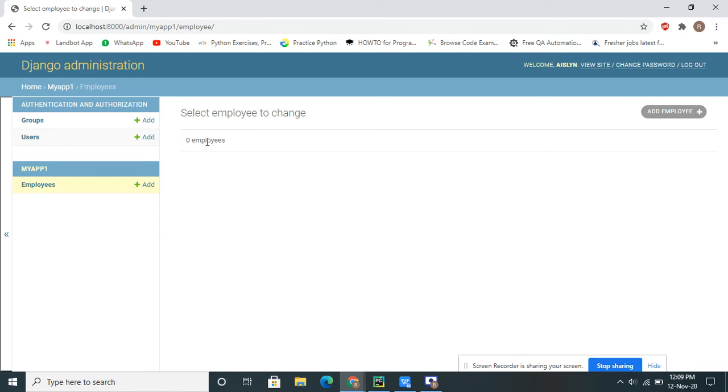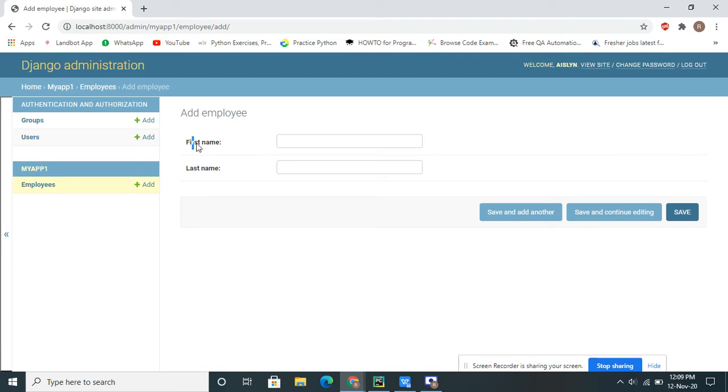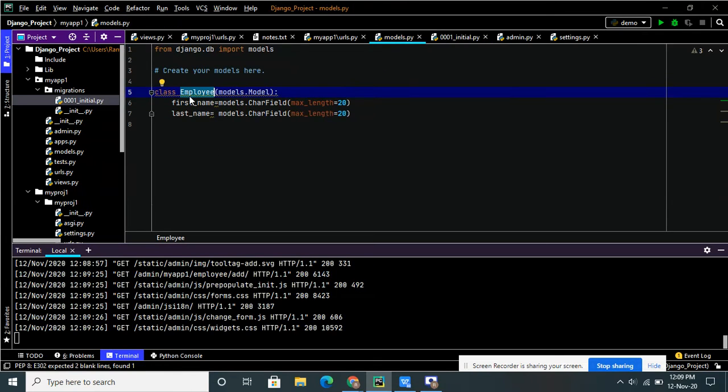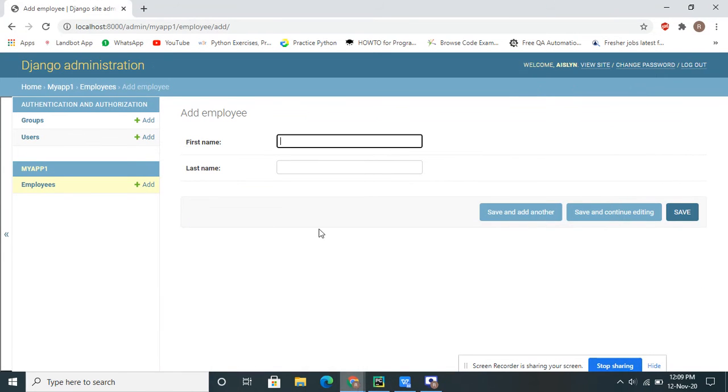See, this is the table's schema. The table is created inside this, but I have not inserted any values right now. So now I will show you how to insert values into the employee model. Click on add employee here. You can observe these two fields that I created, first name and last name. You can observe in the models.py file, this is first name and this is last name. These two fields I created become the table column names. You can see that first name and last name are my two column names.